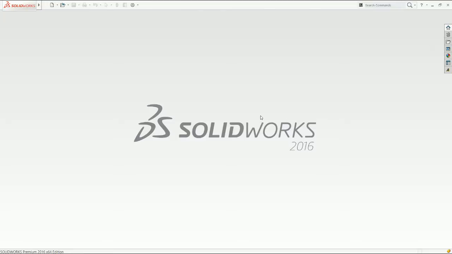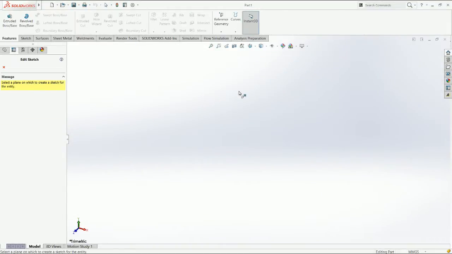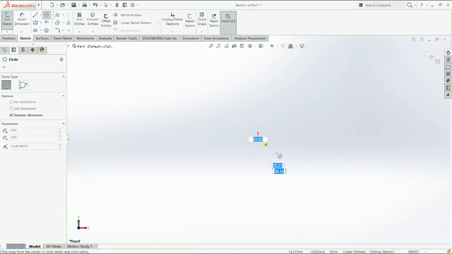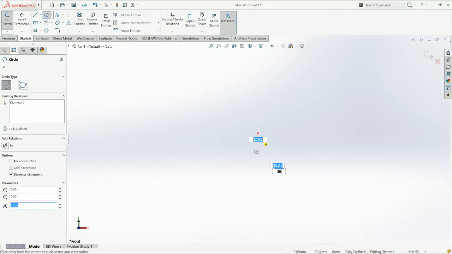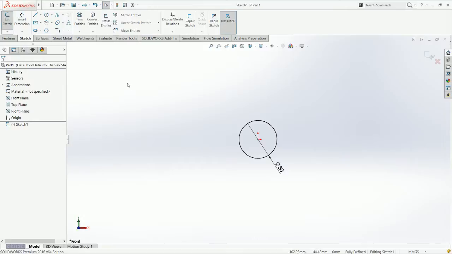Today we're going to continue with our tutorial series in assembly mates. So to get started, we're going to create a new part. We're going to use some other features, assembly mates such as the slot, maybe the path and the hinge. So what I'm going to do is just create sort of like a chain,